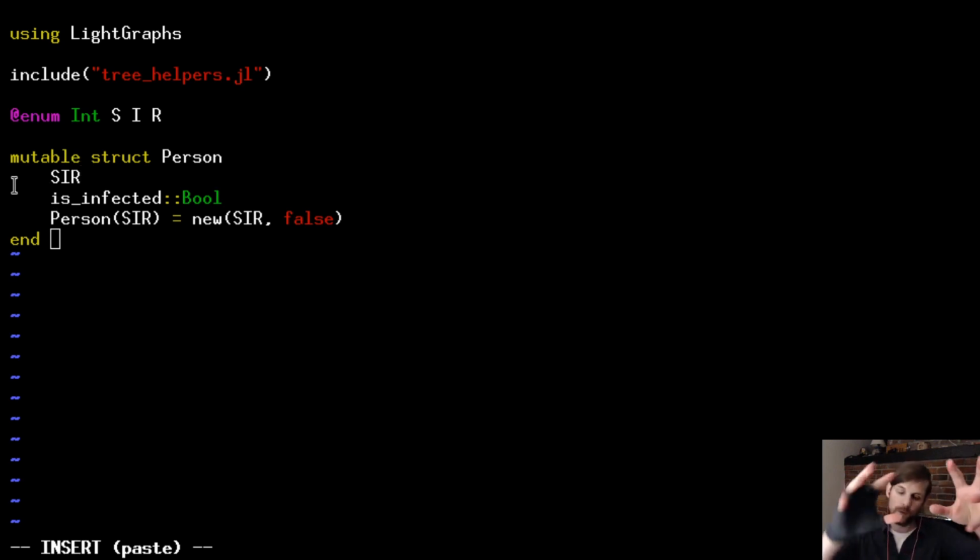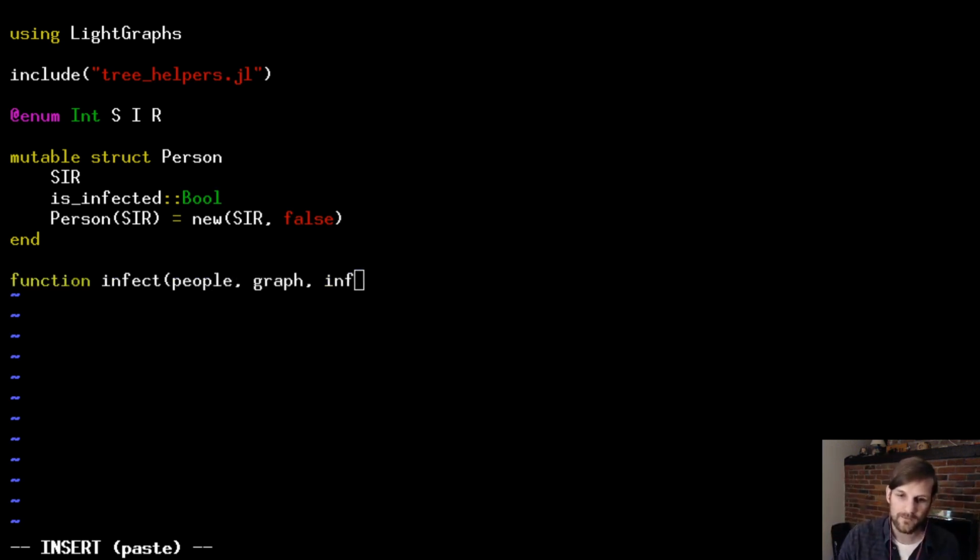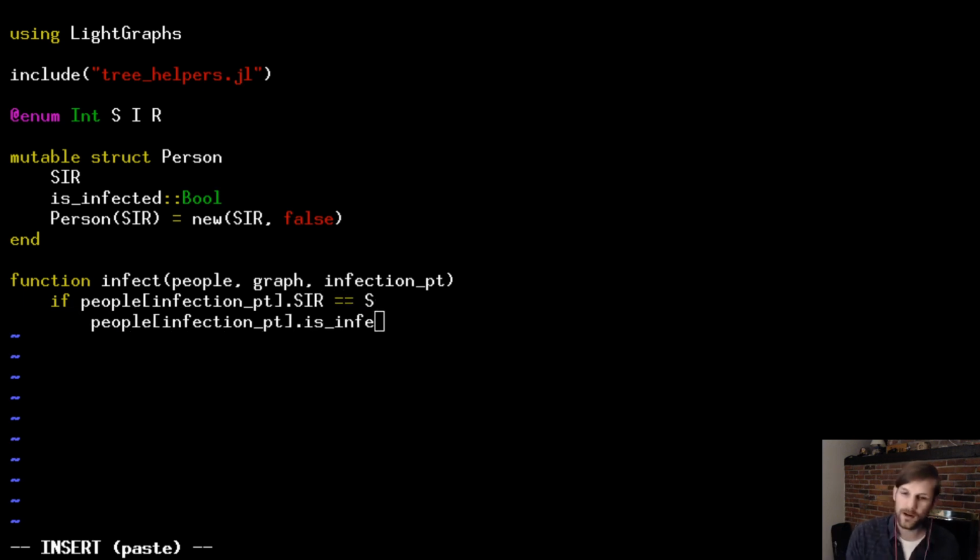The idea with this is we're using some sort of additional library coming from LightGraphs to deal with the graph itself. And it's just going to be moving integers around. And the integers are going to correspond to a separate array where we're holding all of the people. This means that our function to infect people is going to be a little bit more complicated,